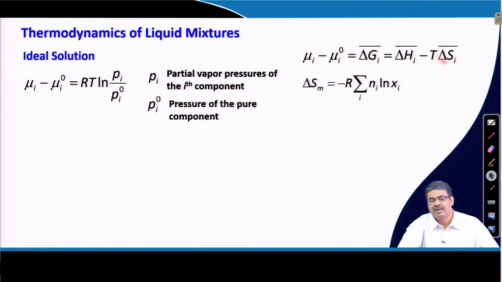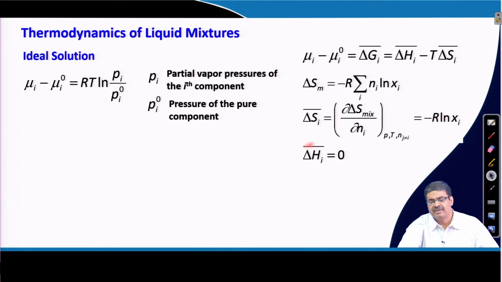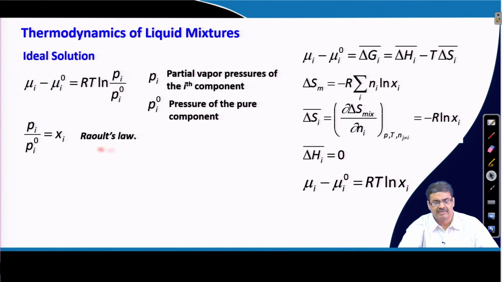So, partial molar entropy change will be given by this expression, and obviously we are talking about an ideal solution. So, this partial enthalpy change will be 0. If we place these two values in this expression, we get mu i minus mu i naught equals RT ln Xi. Now, if you compare the value for mu i minus mu i naught between this expression and this expression, we can write Pi by Pi naught is equal to the mole fraction of the ith component,